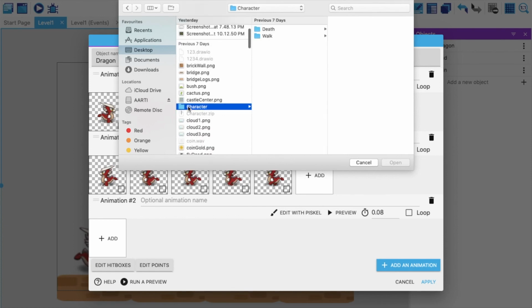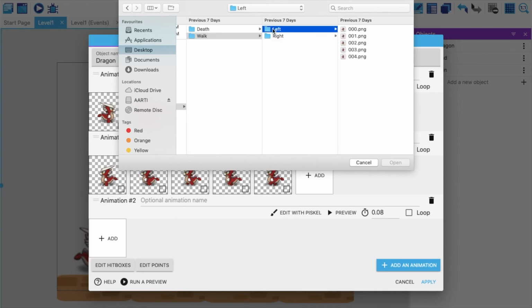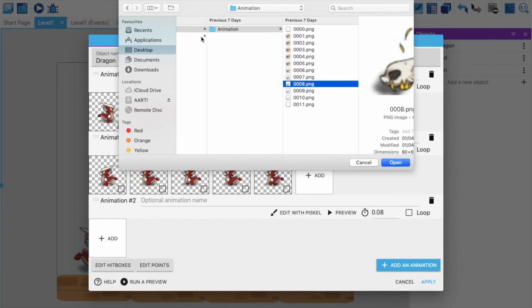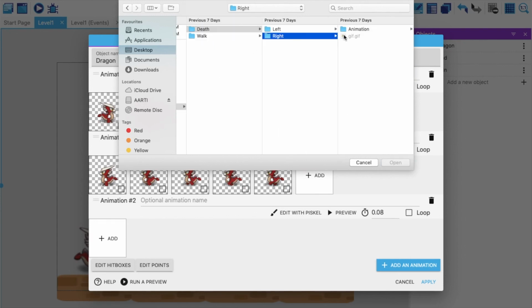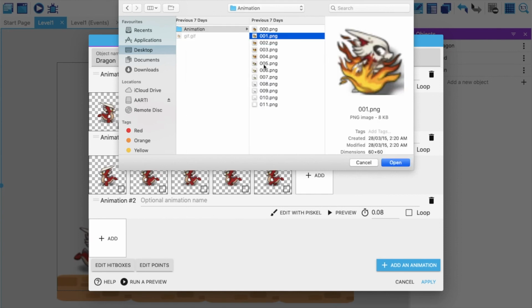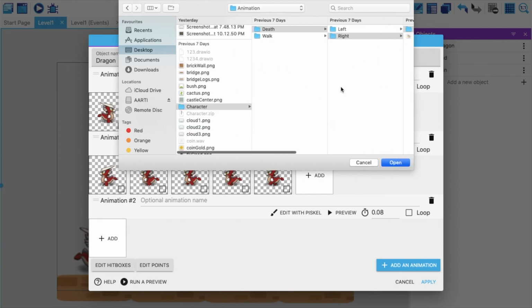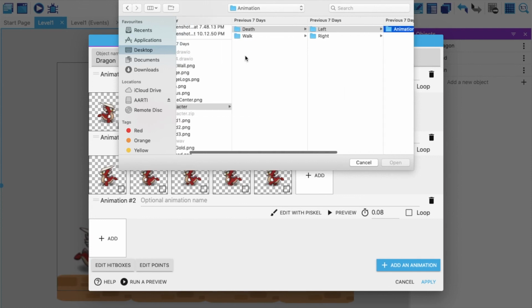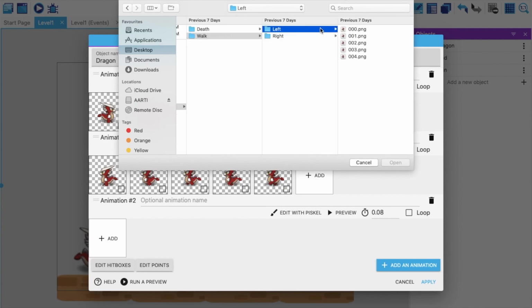So I need to go to my folder where I have saved the character. But if you see, the character which I have downloaded has only the walking and dying and these kind of skin, you can say. Okay, so what smart thing I'm going to do is I'm going to go to the left one and animation, not in the death one, in the walk one, because I don't want him to die when he's standing.